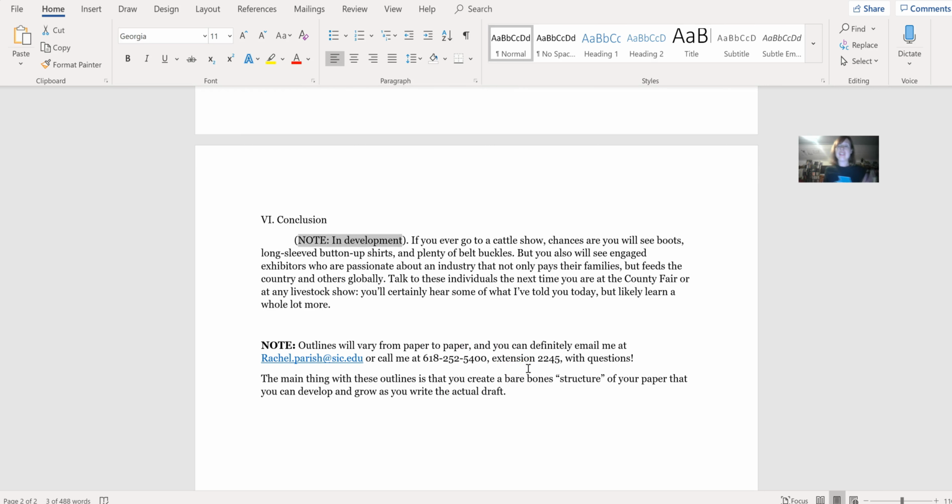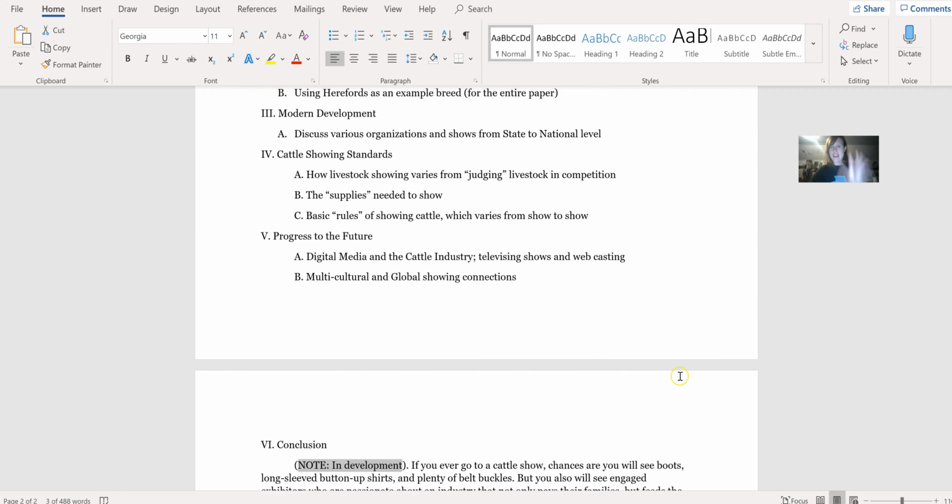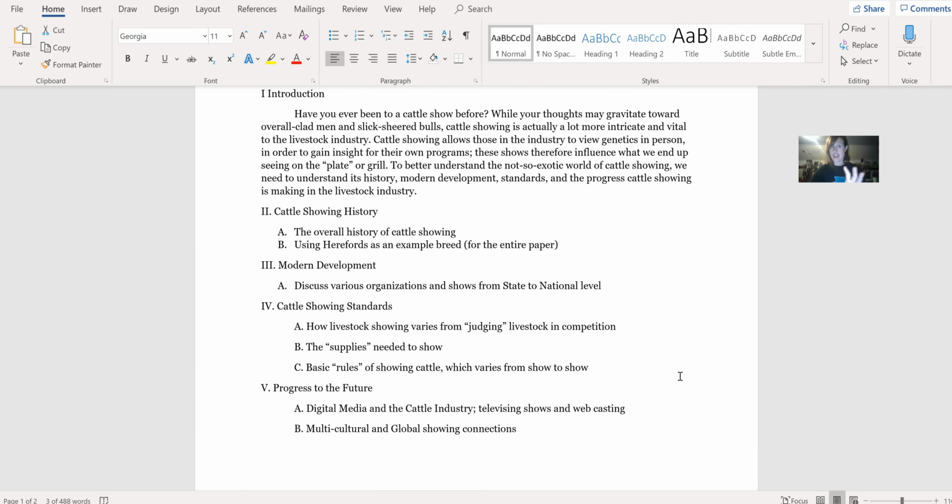And this is not set in stone. That's what I want to reiterate and emphasize the most. This outline, I'm not making you sign it away and say this is the outline I must go with. This is just a framework. It is always a work in progress, and you can change this. If your final draft does not follow this exact structure, that's okay. These papers are designed for you to work on them and develop them and change them. My biggest thing is that I want there to be something there that you can start from.